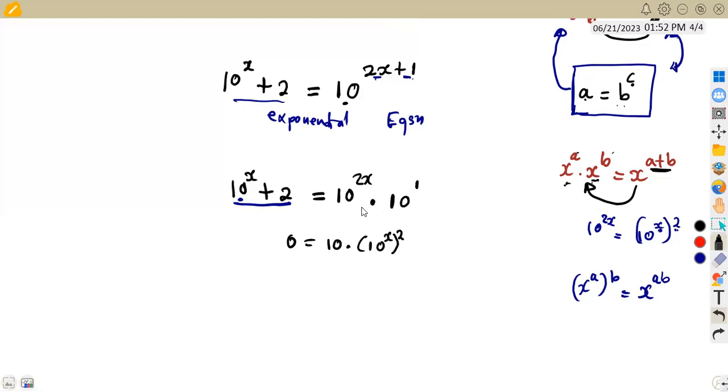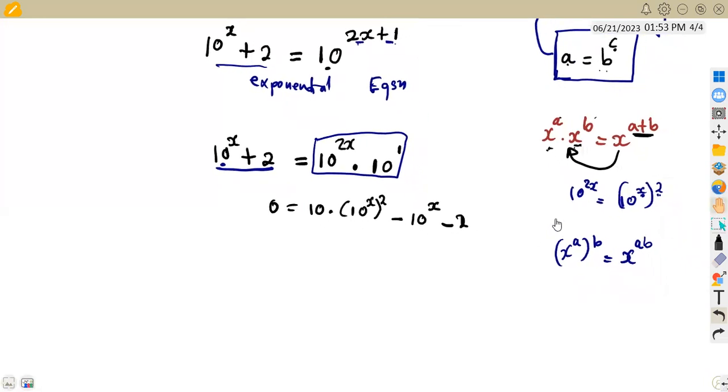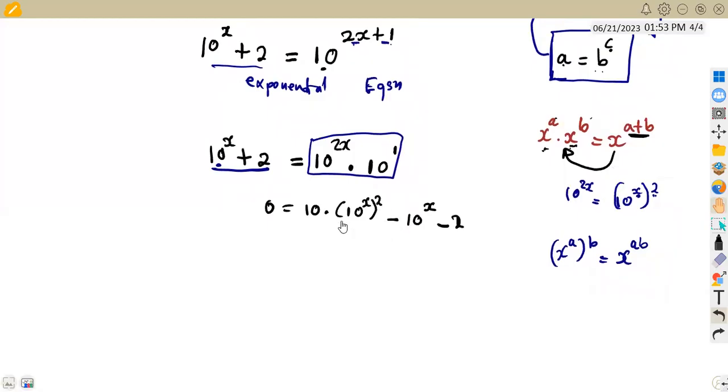So this is what we had from our right-hand side, this part. Like I said, I'm going to transpose the left-hand side to the right-hand side. So 10 to this side is going to be a negative 10, that's negative 10 to the exponent of x. 2 to this side becomes a negative 2. As we can see, we now have a normal equation of a quadratic, an exponential, but in the form of